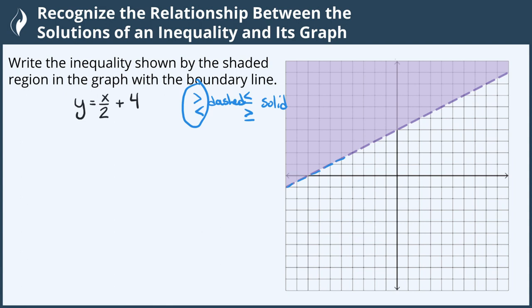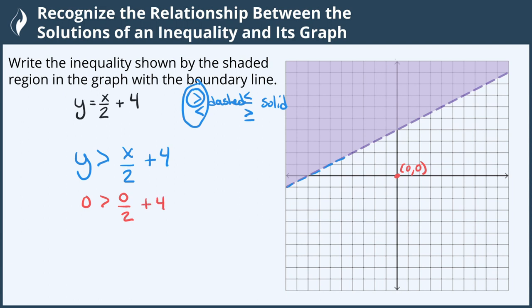Because it is being shaded above the boundary line, this means that it is a greater than sign. So our inequality would be y is greater than x halves plus 4. And we can test this by using any test point we want. I usually prefer the point 0, 0 because it is much faster than any other point to do the calculations for. So we'll plug in 0 for y and 0 for x and see if it makes the inequality true